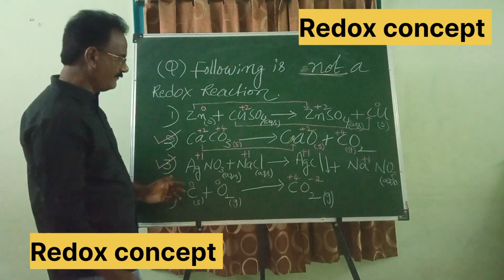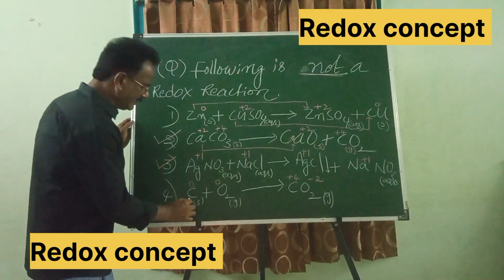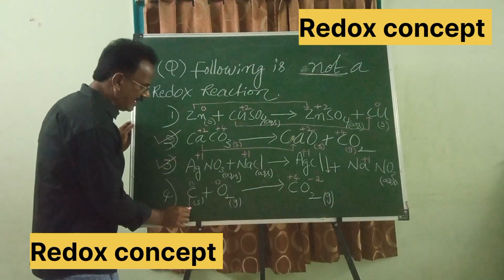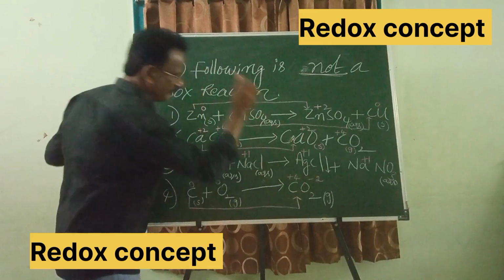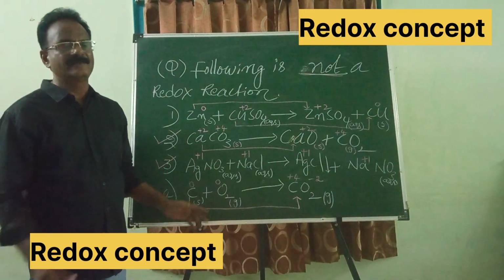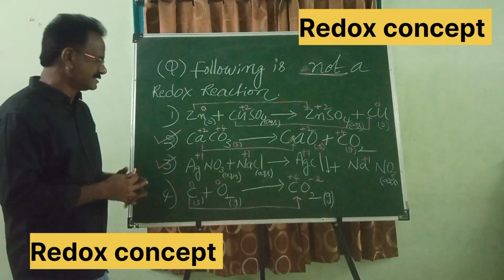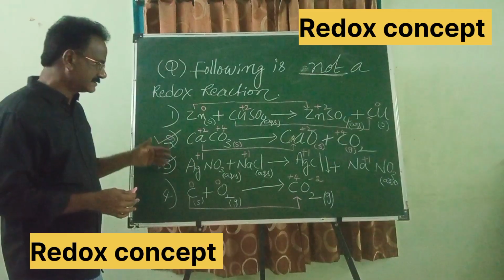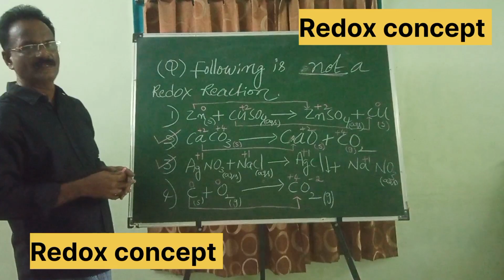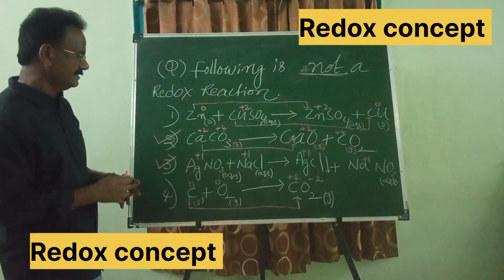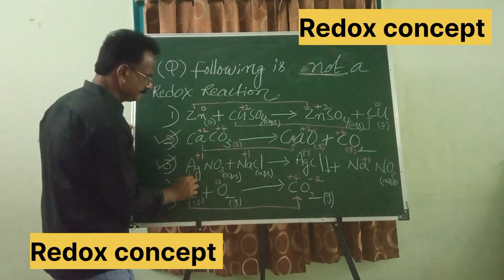Is it clear? So when you go for the fourth reaction, what is happening? Here the oxidation state of carbon is 0. After involving in the reaction, the oxidation state of carbon is +4. So here a change in oxidation state takes place. Now, what is the answer for this question? The second and third reactions are not redox reactions, because there is no change in oxidation states. Let us see for silver.